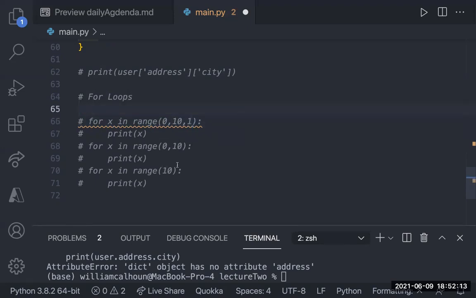Now, what's cool about this is, let's say we always know we want to iterate through an entire list, right? We want to go up by 1, we want to have every single piece, and we want to iterate through the entire thing. Well, there's a couple of different ways I can write it.